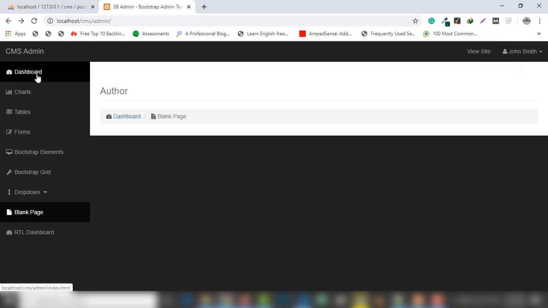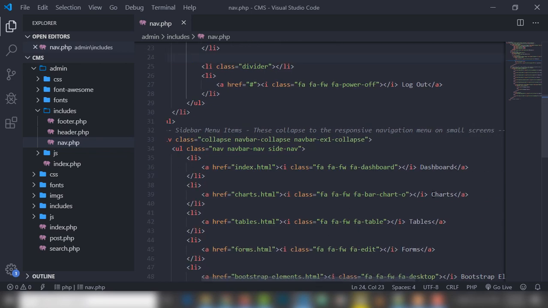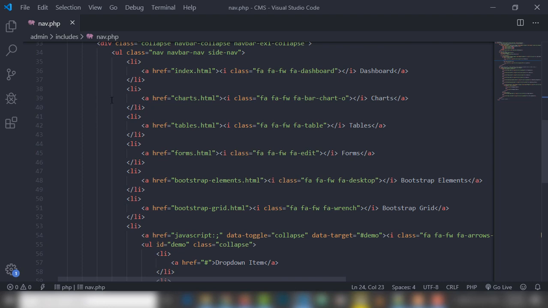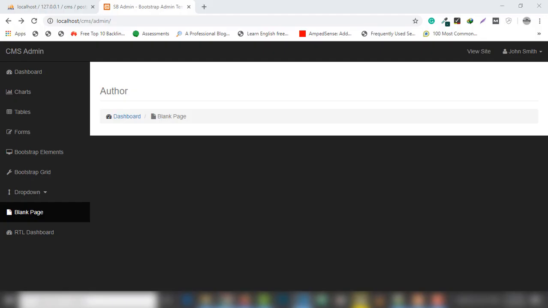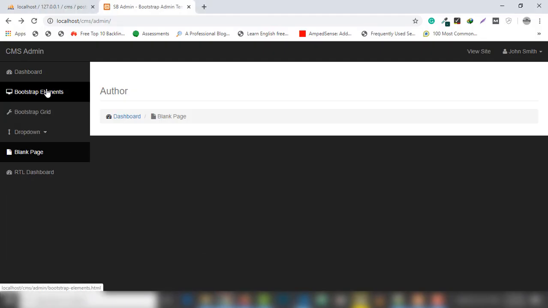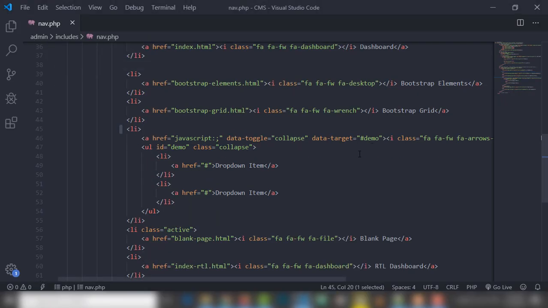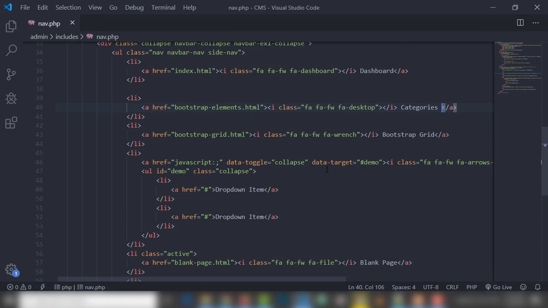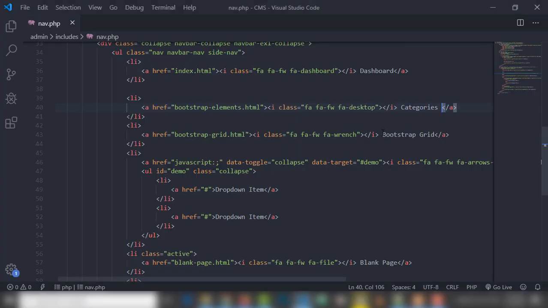Now let's work on the left section. So first thing, we need to use dashboard, and now I leave this one, and I don't need the chart, table, form. Remove this one, save that and refer to that, right? This is a bootstrap element, but for dashboard I use categories, right? And refer to that, categories, and then this is a comment,